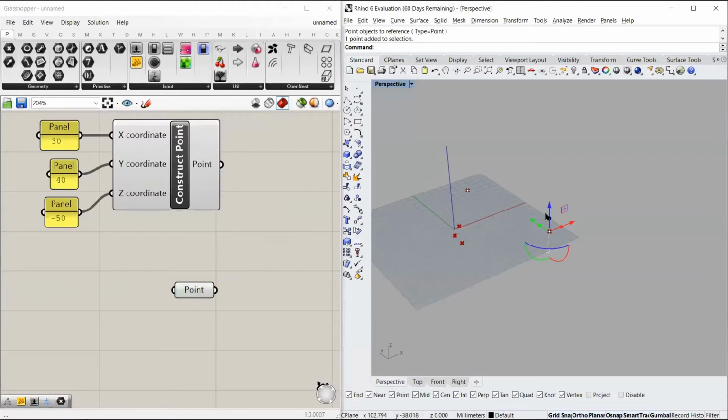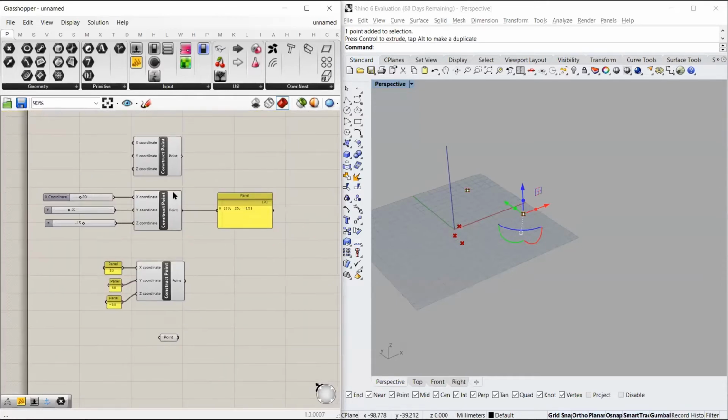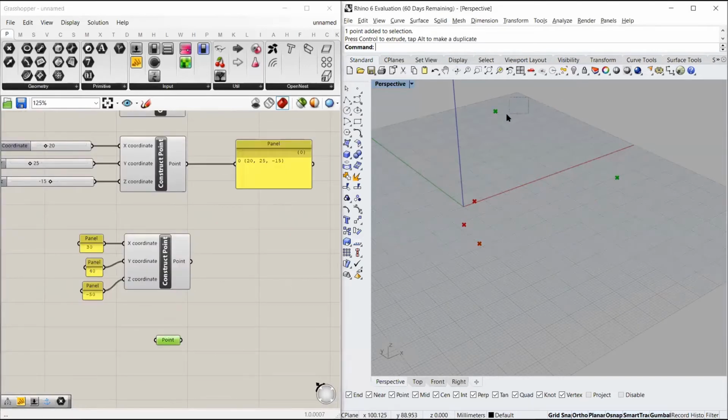So if I move a point now in the Rhino interface, it automatically updates in the Grasshopper interface as well. So my first three points are actually made in the Grasshopper interface and we can visualize them in the Rhino interface. And my last two points are made in the Rhino interface and I have referenced them in the Grasshopper interface.